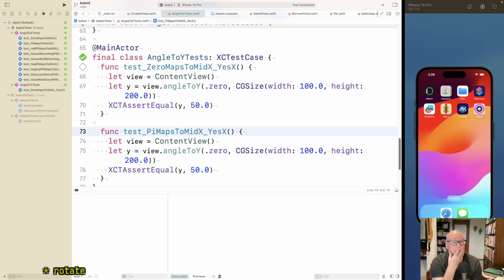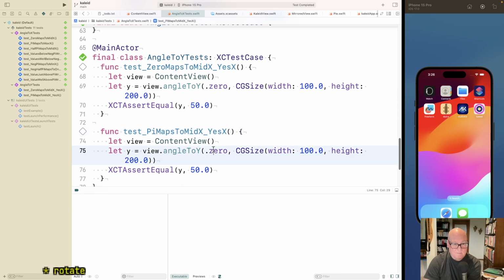Okay, and I think we want, well, the sine, when you get 180 around, right, is back to 0. So pi should map to mid X as well. Okay, so